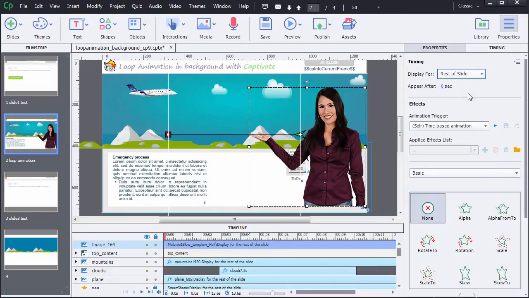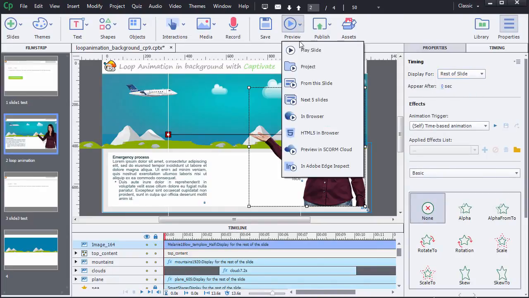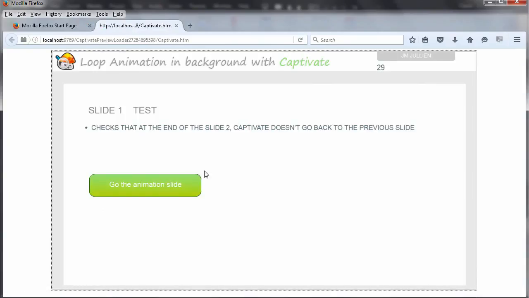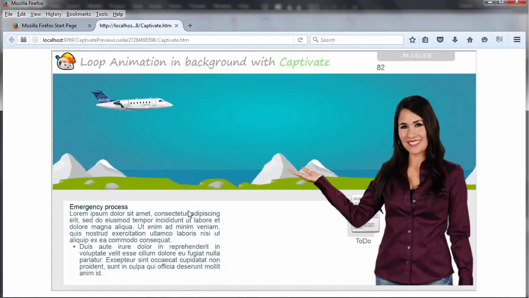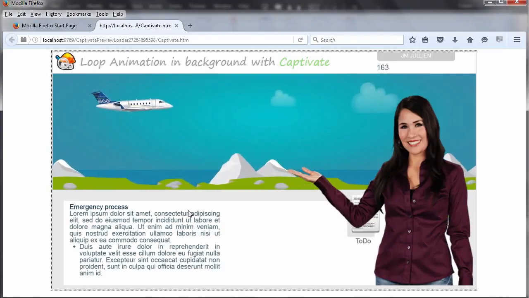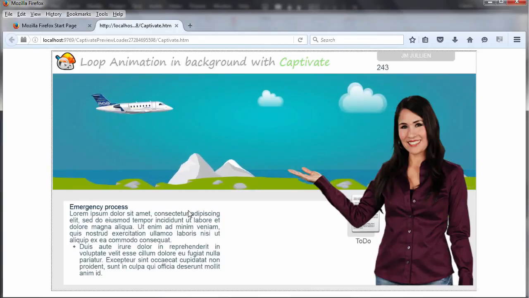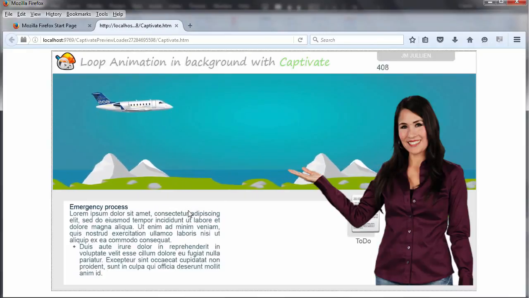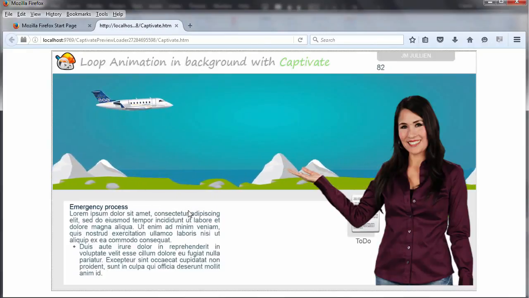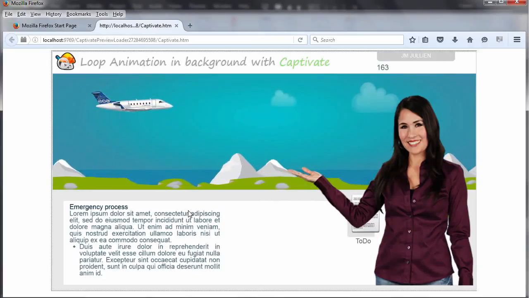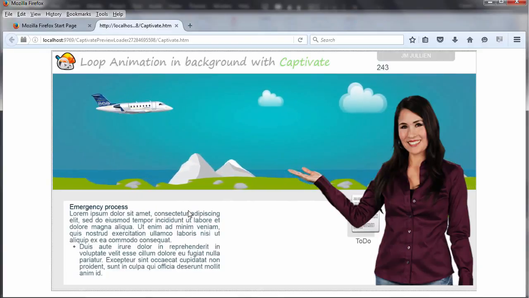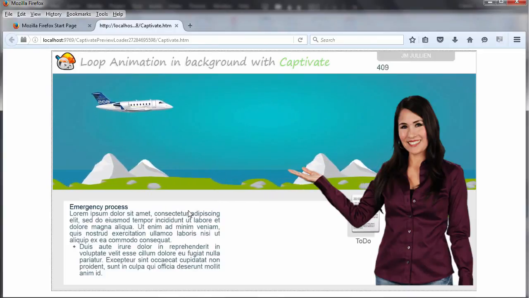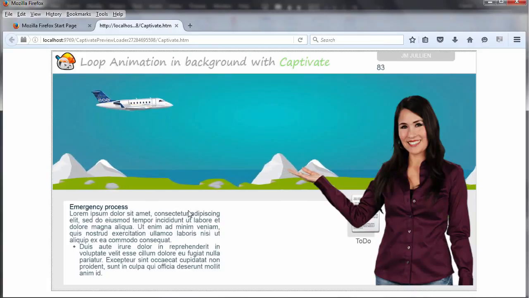And launch a preview. As you can see, it's another possibility, but there are also many other possibilities according to the creativity of each one. This demonstration is now completed. I have shown you how it was possible to make a loop animation without using animation software or HTML5 and CSS. I hope you have learned something and hope to see you in the next video.